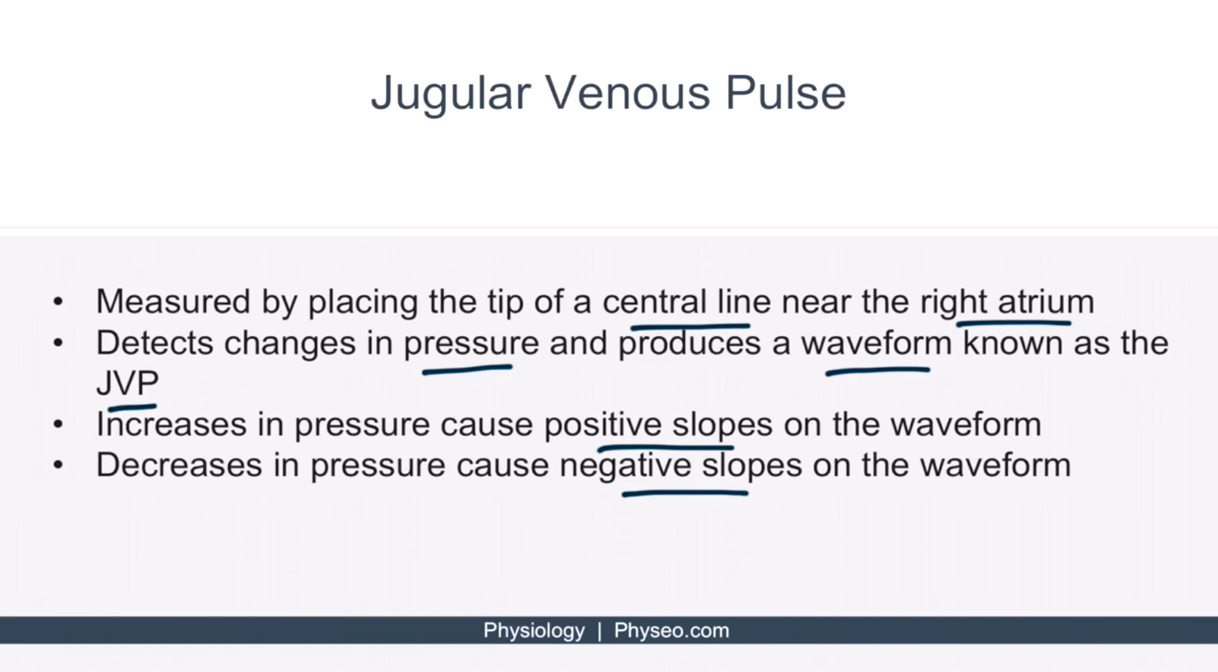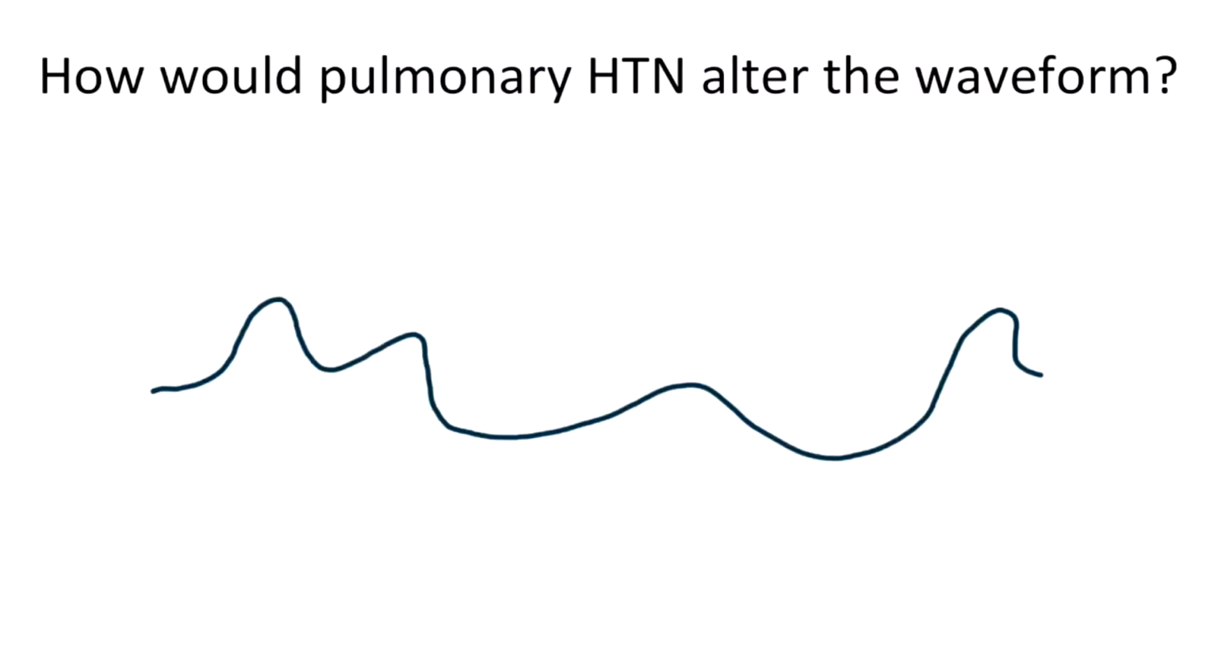So with this in mind, let's do a few examples. How would pulmonary hypertension alter the JVP waveform? Recall that pulmonary hypertension can occur when the pulmonary vasculature becomes thick and narrow. This can occur for many reasons, which I'm not going to get into now, but when it does occur, it makes it harder for the right ventricle to pump blood into the pulmonary circulation. Eventually, the right heart becomes hypertrophied, which decreases the space in the right side of the heart, causing right-sided heart